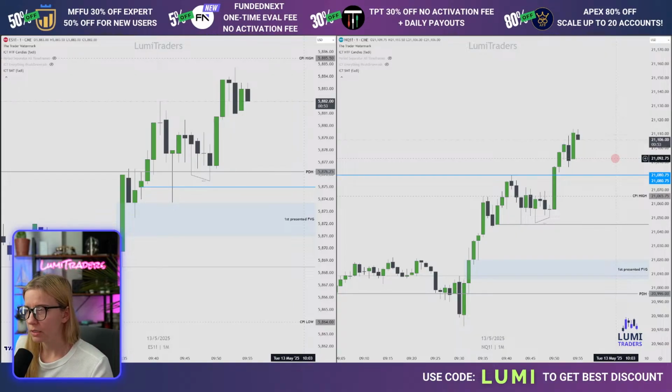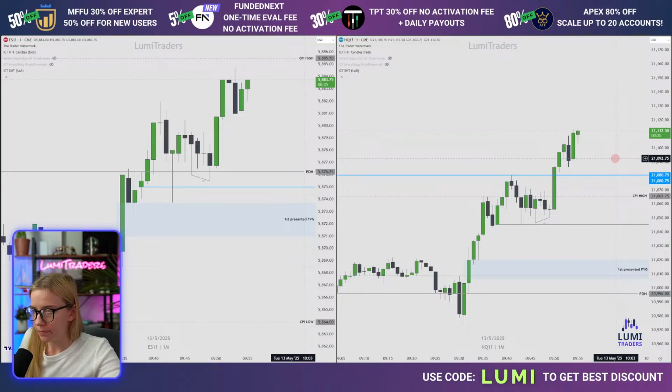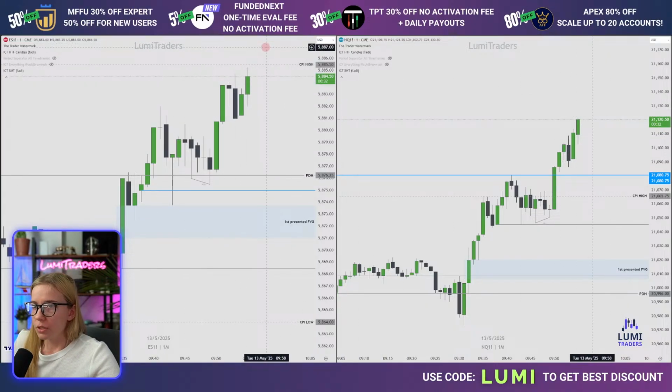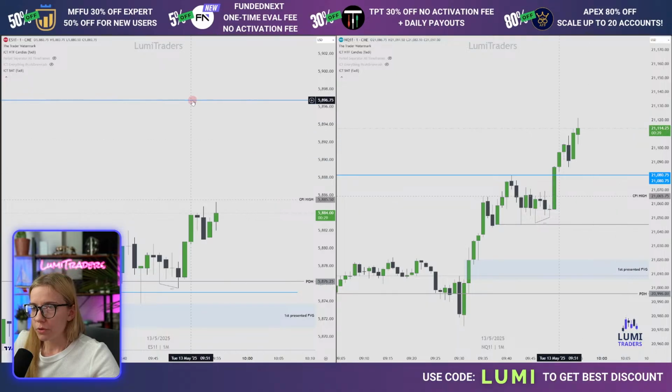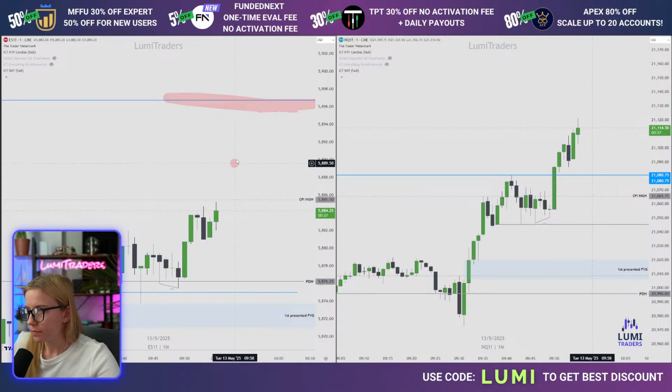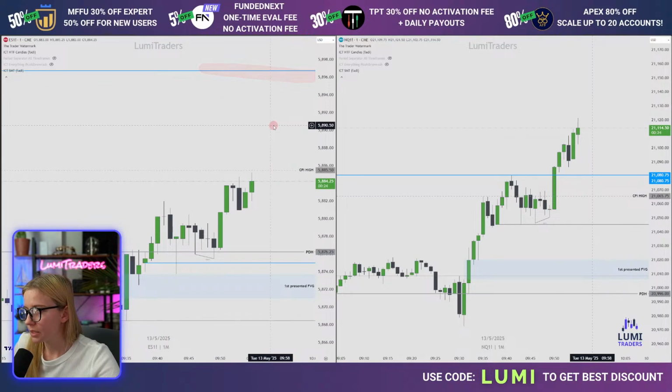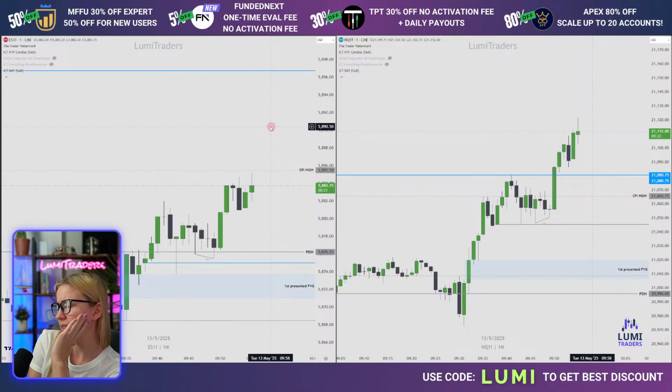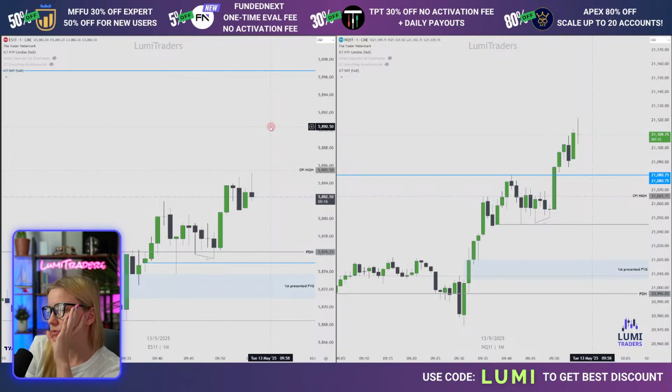CPI high on ES higher. It's interesting to see because NQ failed to take CPI low while it took CPI high. ES failed to take CPI high while it took CPI low. That's amazing to see. But I believe we need to go higher first, to take CPI high, probably enter once again the range right here to take this level. They like playing games. Yeah, before, maybe because it's still too early. Right?